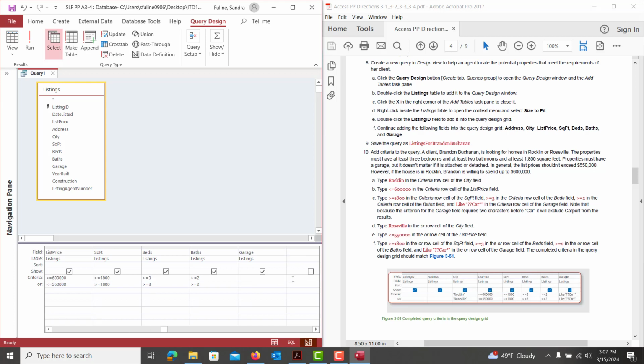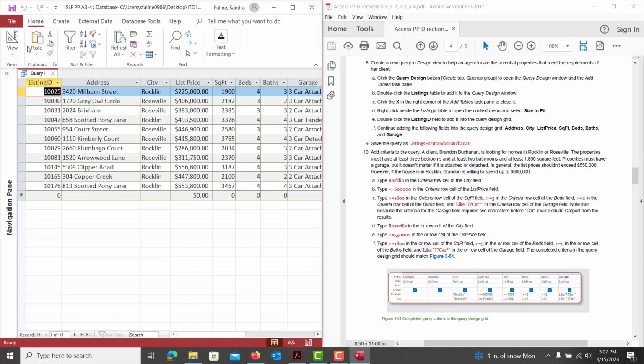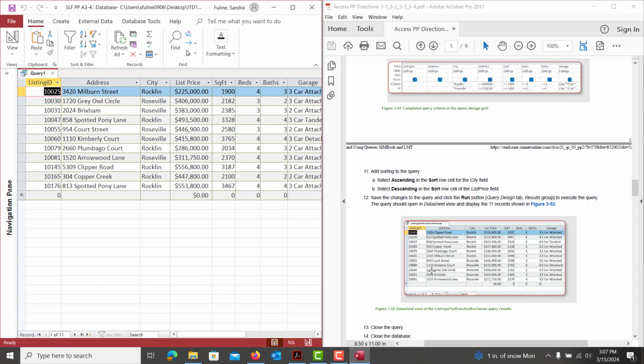Then we get over to the garage. So the garage one's a little tricky because we're adding a couple wildcard characters. We're going to type in like, space, quote, question mark, car, and then there's an asterisk, unquote. So you can copy and paste this, Control C, and then down arrow, Control V, if that's easier, or you can just retype it down below. But once you have all of those fields filled out and you run it, you are going to get 11 records,